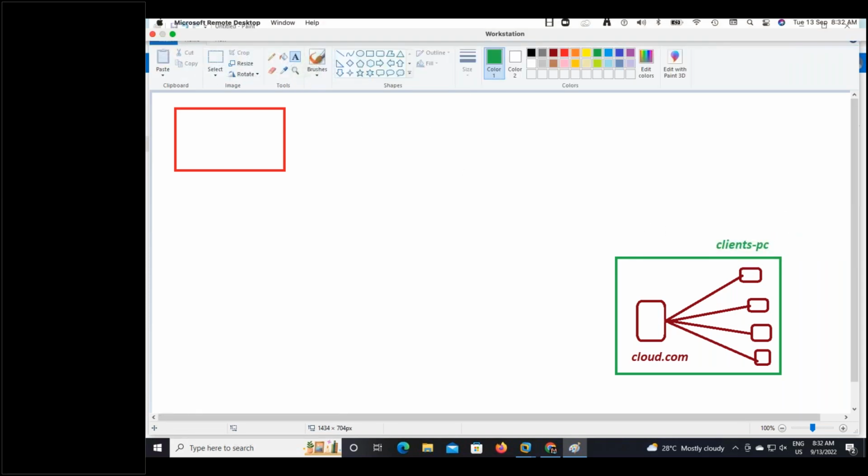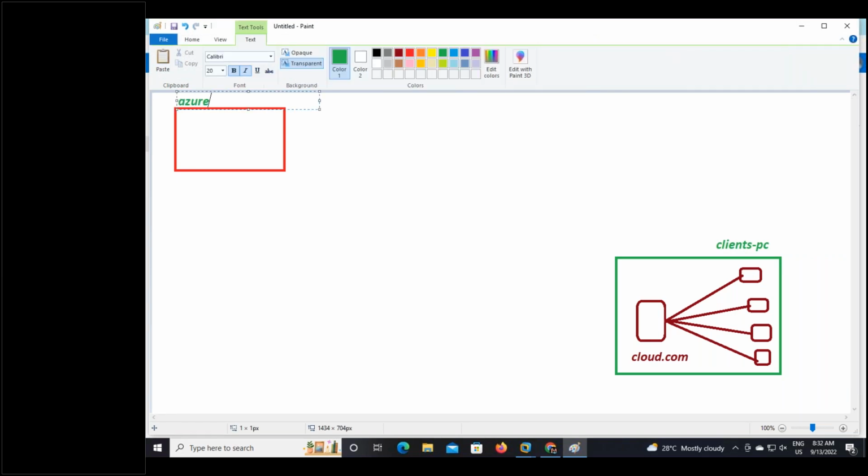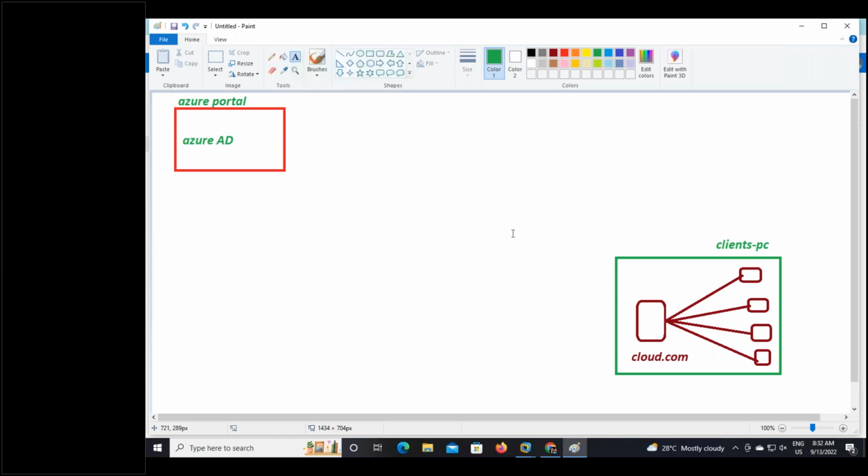And these are all the client computers. This is the Azure portal, and in the Azure portal we establish an Azure AD service. This is the built-in directory. Our responsibility is to synchronize the users from on-premises AD to Azure AD. This is our agenda. But we are not only responsible for synchronizing the users. We are responsible to manage a few components as well. The components we must know about are